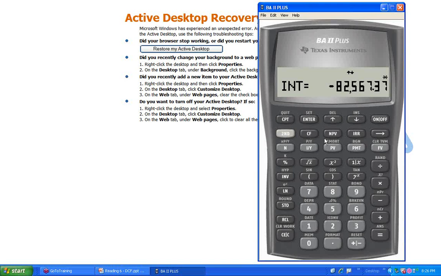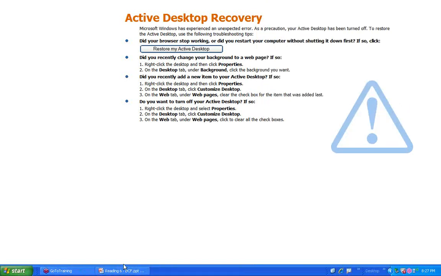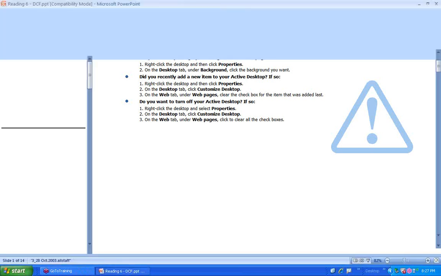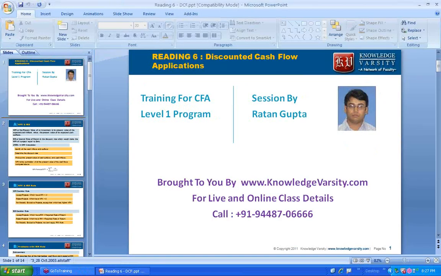So this is the beauty of this calculation. Using this you will be able to compute all these things very easily. This will come in very handy when you are solving problems related to bonds and capital leases. So it is very useful in financial reporting. We will see the uses as and when we proceed with the other courses. So what we have completed till now is reading number 5. Reading number 5 was dealing with the time value of money.